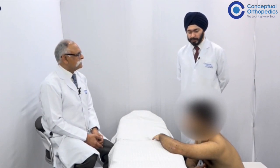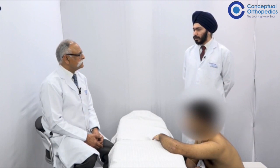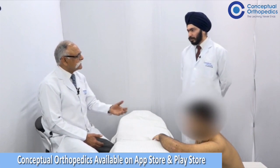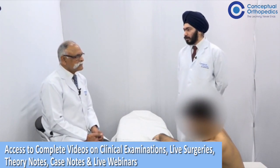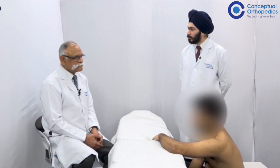So I'll first investigate after my examination, get an X-ray at least done to rule out any ectopic ossification and all. Do you think at 3 to 4 weeks of injury, what will you find clinically at that time if you are suspecting, let's say, myositis? What will you find? Some hard mass, a bony mass in the...